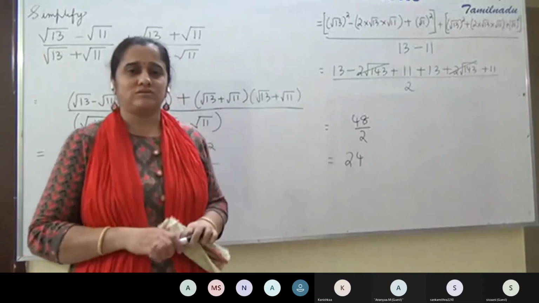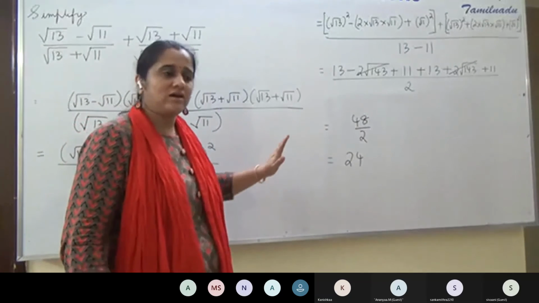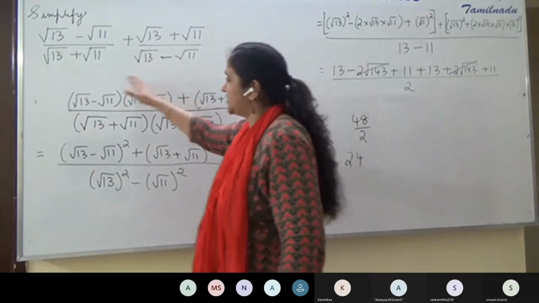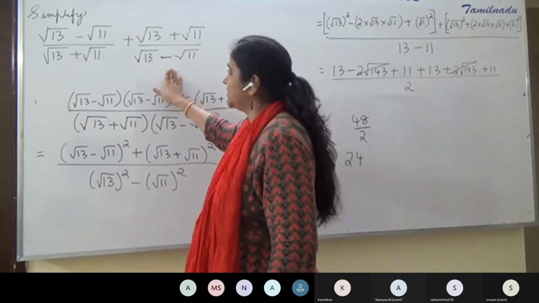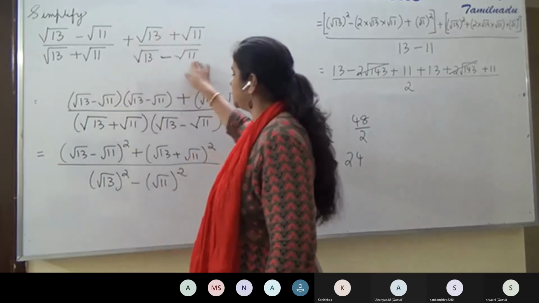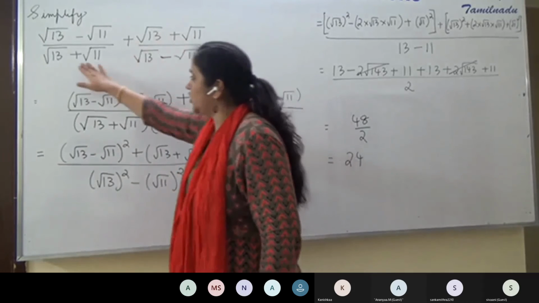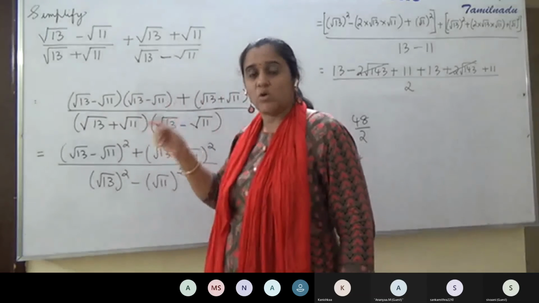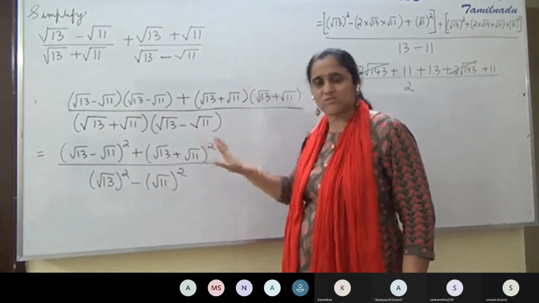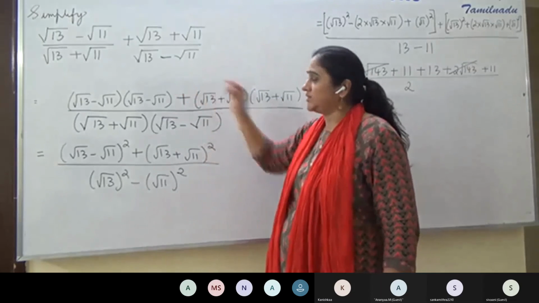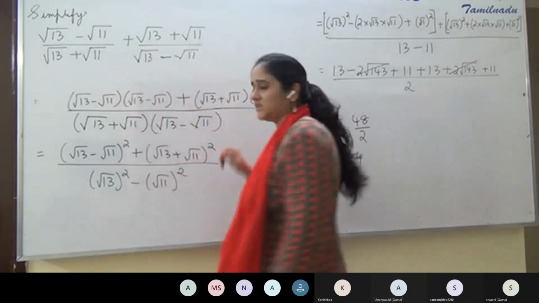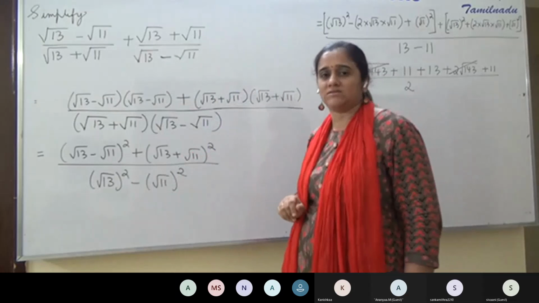So you can adopt any procedure. It's not that you should do it this way. I was just telling you that in the two expressions, expression 1 and expression 2, we observe that the denominators are conjugates of each other. Only in that case can we take up the LCM like this and work it in just one step. Otherwise, you have to use different steps. If you have 3 expressions, you have to work it in 3 steps, and then the 4th step for the final answer.